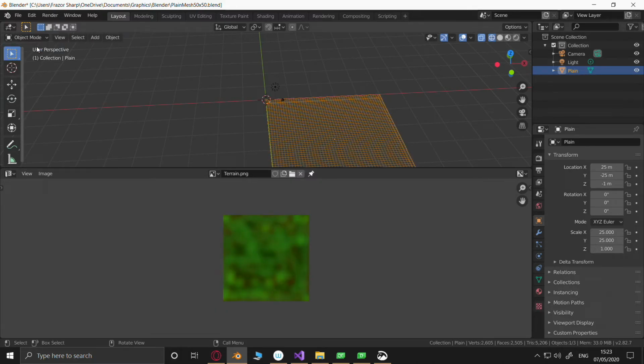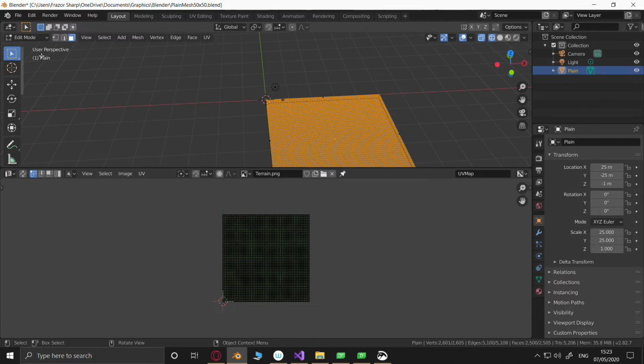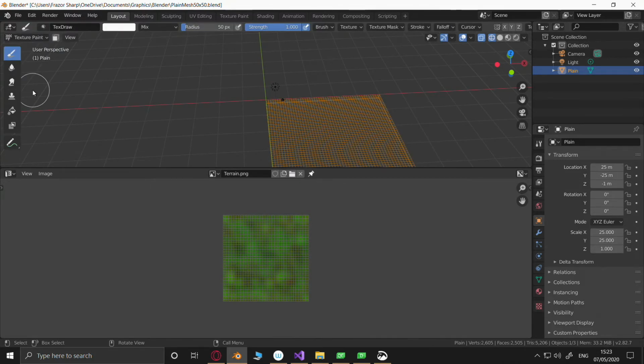Object mode. There we go. Not sure I like that, but it'll do. Oh no, that's fine, stuff it, I don't really care. I'm not going to be doing this properly, am I? Alright, okay, we can texture paint.